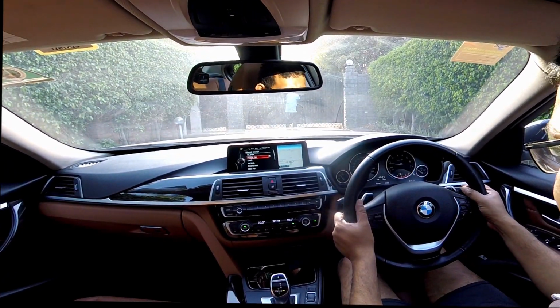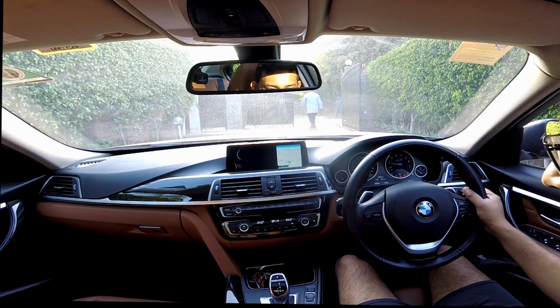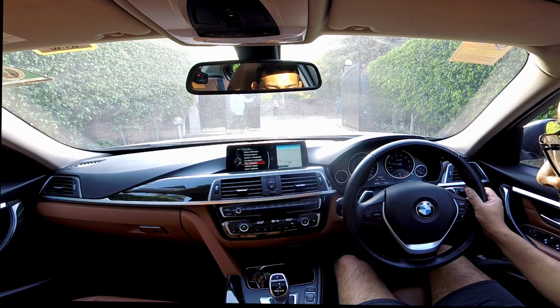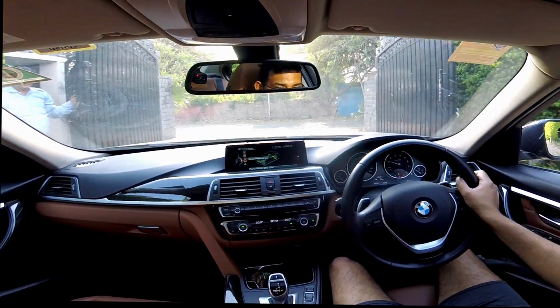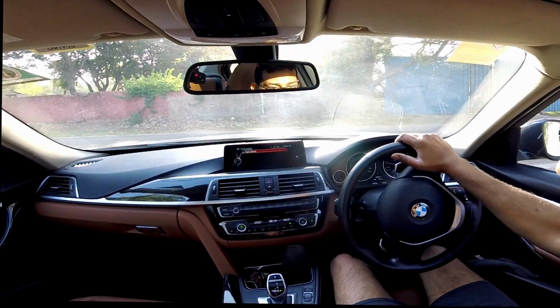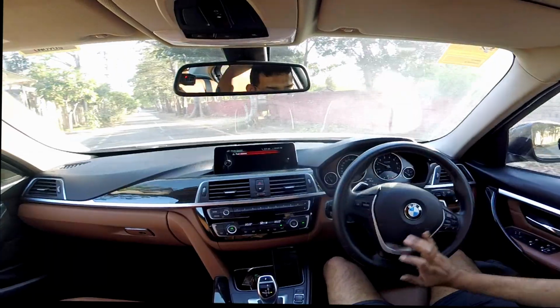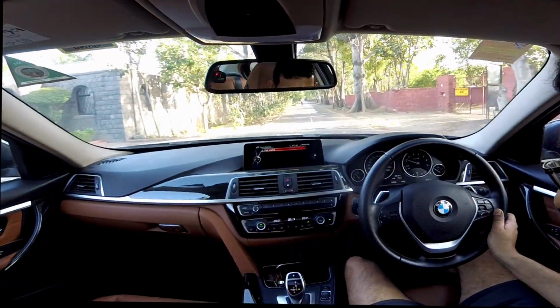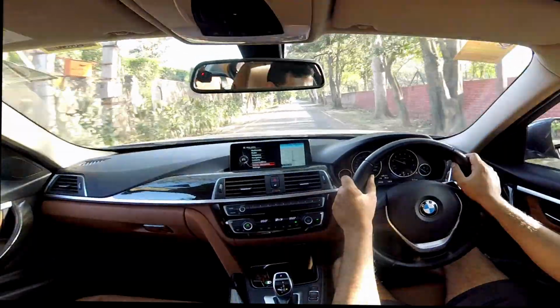So, let's see. Is there any error? Vehicle status. Fuel reserve, that's alright. I'm okay with fuel reserve. 75 kilometer range, so let's go back to... Alright, so